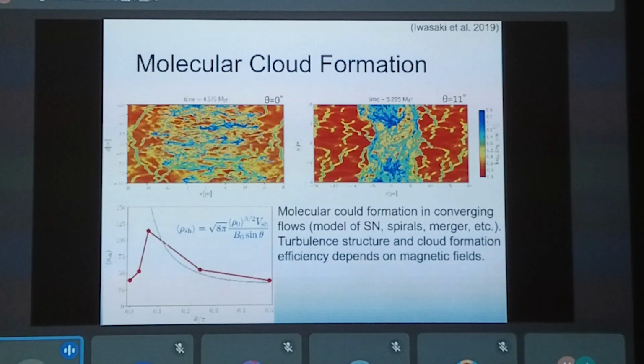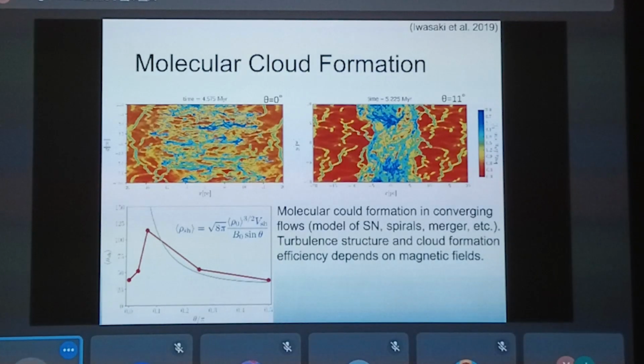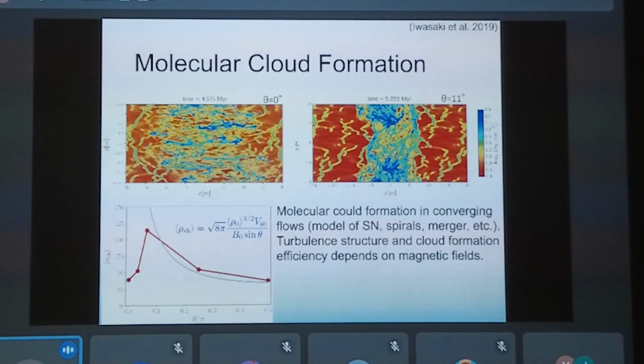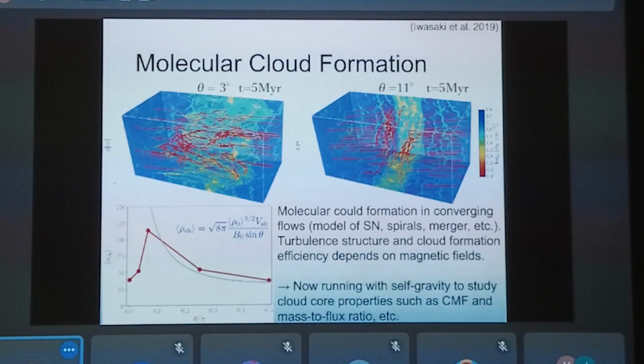Then it starts to decline because the magnetic pressure in the post-shock region gets higher and higher and prevents the strong compression. This indicates how magnetic fields affect the formation of stars and molecular clouds. And these are just 3D representations of the magnetic fields.